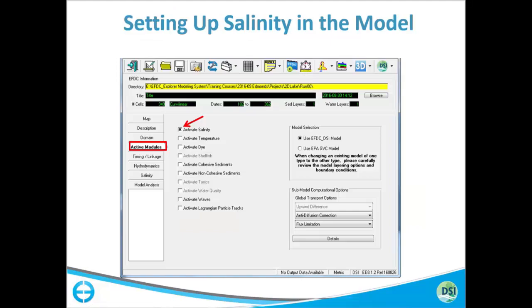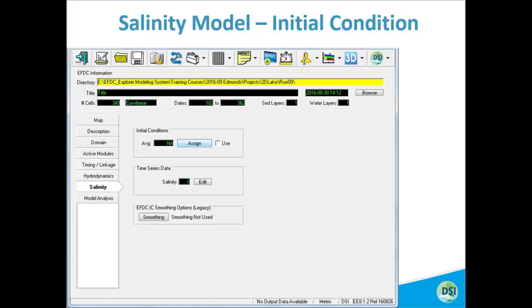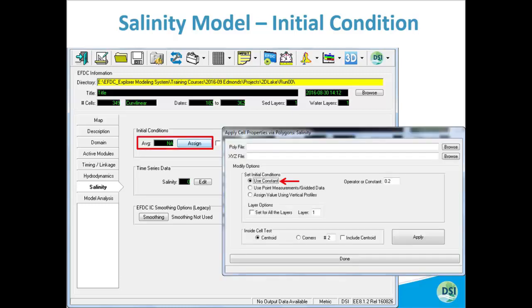Then next thing we will do, if you have time, we'll activate salinity. The first thing you need to do after you activate any new parameter is assign the initial conditions. Usually it's 0, unless you're working on an estuary where your salt water should be somewhere around 30 to 34, and your fresh water should be around 0 to 4 or 5. But this is a simple example. We'll just assign 0 to